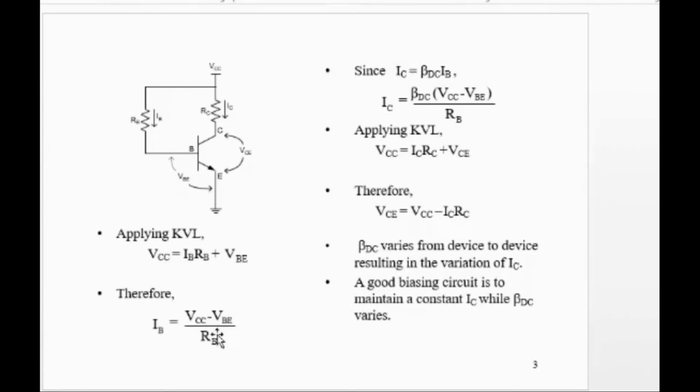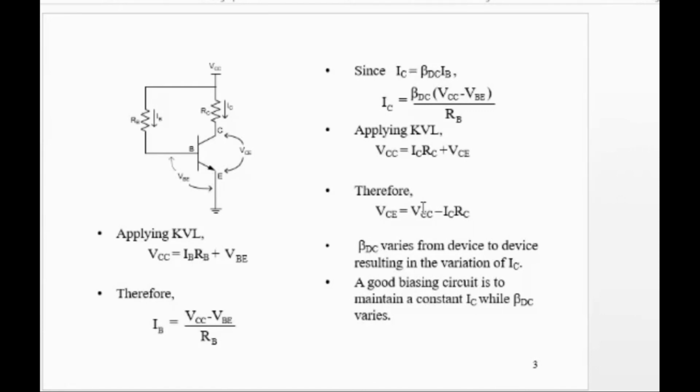Somehow I am picking another BJT. So the beta of that BJT might be 150. So that means IC will be 150 times IB. So this is how your Q point will vary. क्योंकि अगर IC चेंज हो जाएगा तो आपका VCE भी चेंज हो जाएगा. So that is giving you some sort of problem. So these 3-4 are major problems.